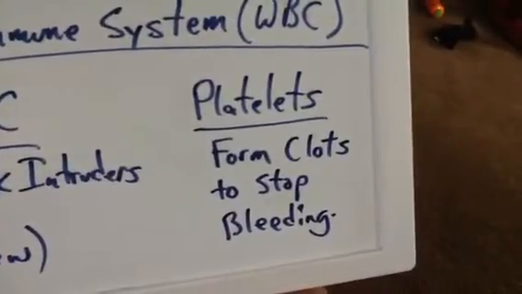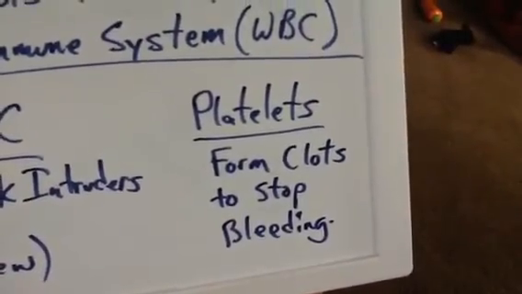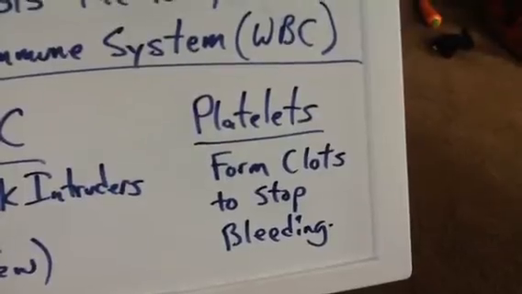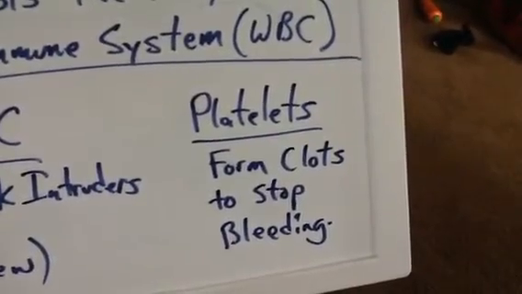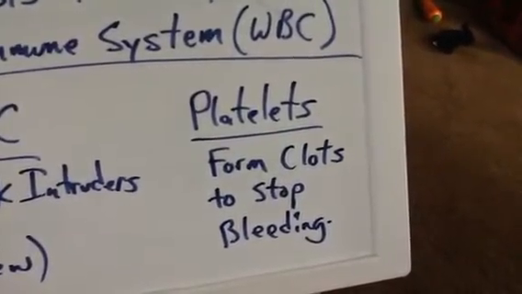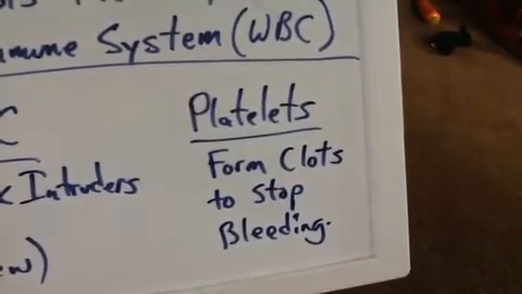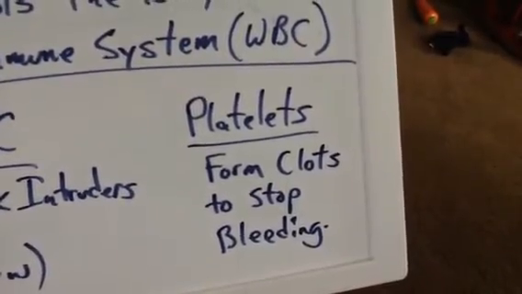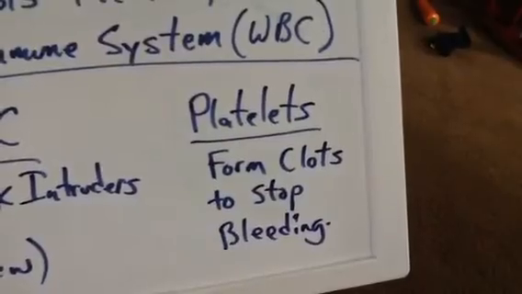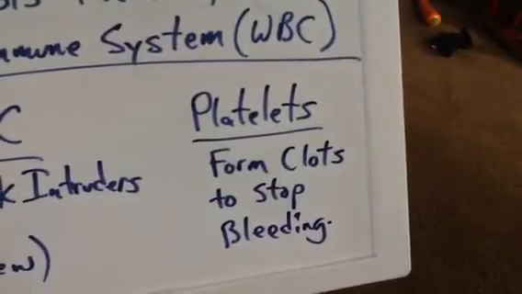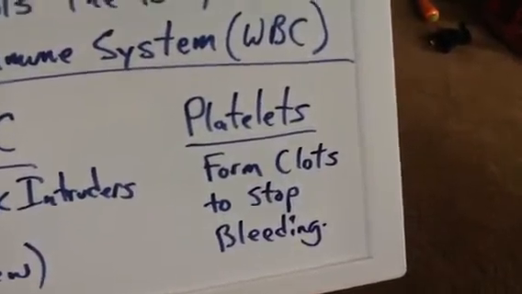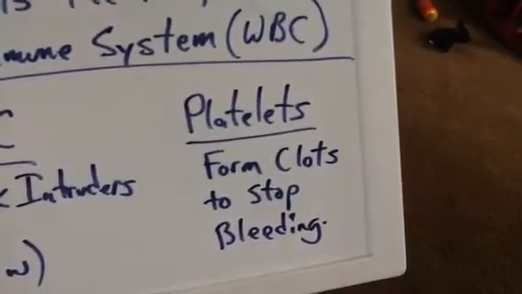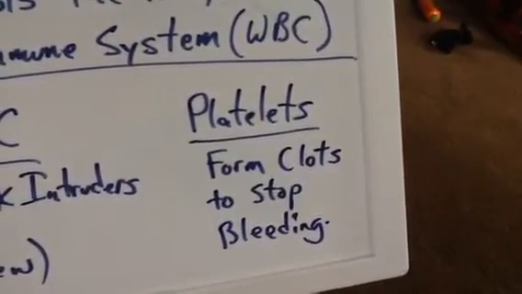But when an injury occurs, it triggers a whole chain of chemical reactions that you don't need to know about. And that chain of chemical reactions then causes the platelets to become very sticky and adhesive, like little pieces of duct tape, and they start sticking to each other and some other chemicals, other proteins that are also found in the blood, and that will form a blood clot, assuming that the hole in the blood vessel is not enormous,